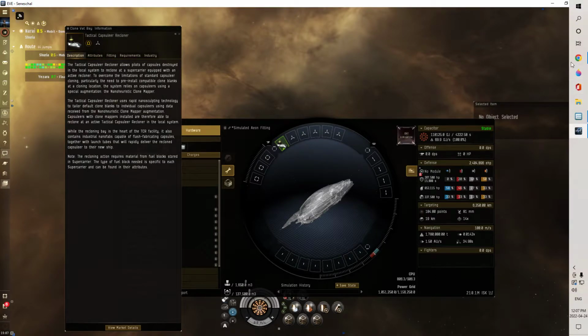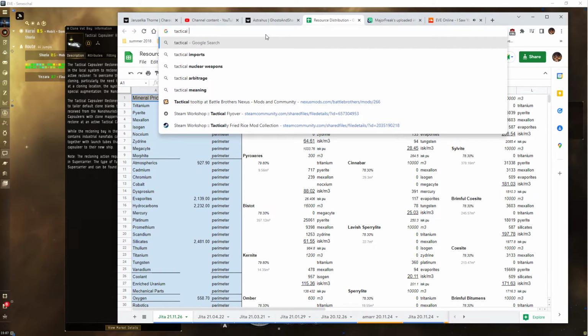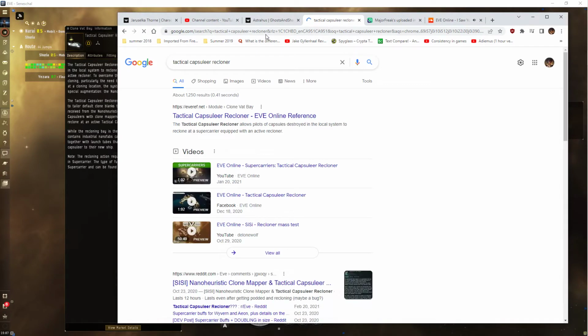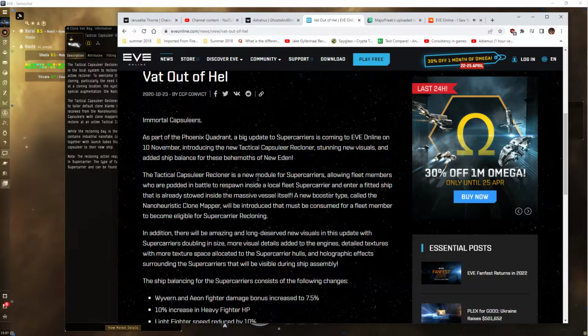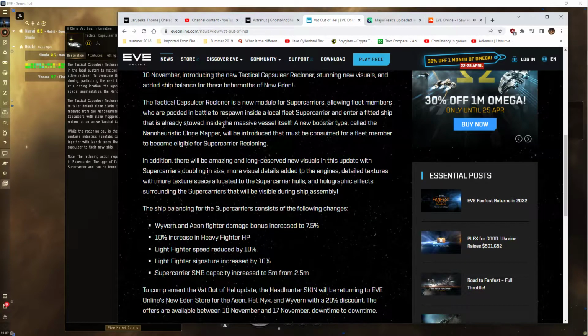Tactical capsuleer recloner. Watch me bring up porn by accident. All right. Tactical capsuleer recliner. Recliner, that's hilarious. 2020, so that's almost 2 years. Fleet members. Okay, so obviously for nullsec, or I guess you can do it for lowsec too, but